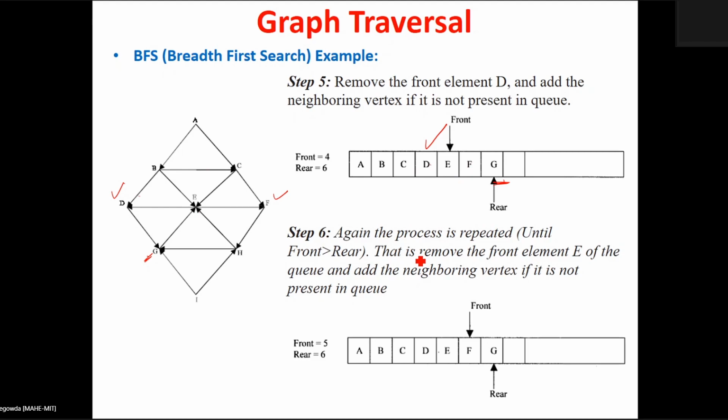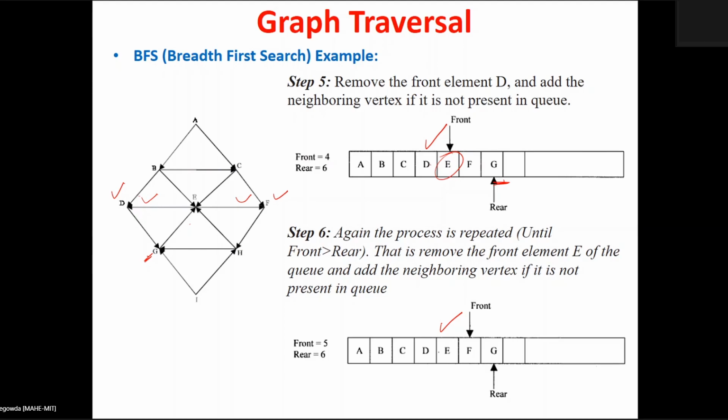Take out the element E. So this is displayed over there. Then find out the neighbors of E here. The neighbors of E are nothing but D and F, only two. You just find out whether D and F are already there in the queue or not. D is already visited, no need to add it, and F is already there. No need to add any element. This is the status of the queue we'll get after displaying the E value.